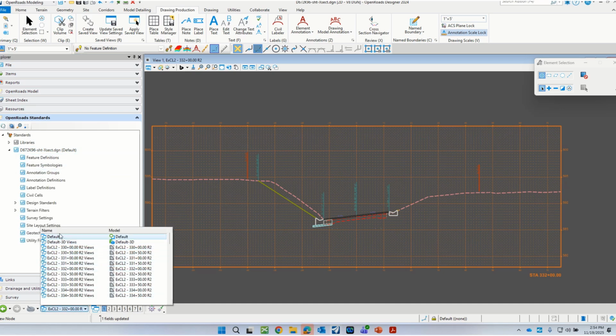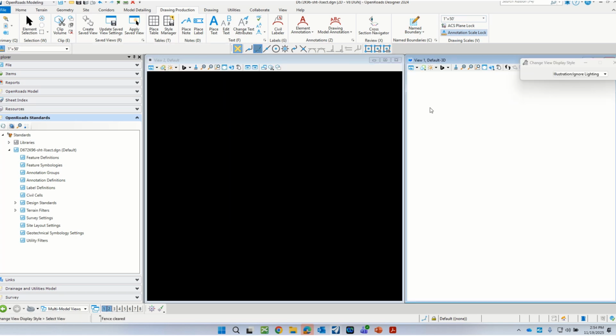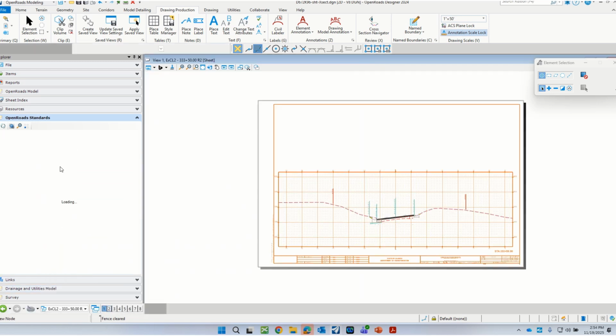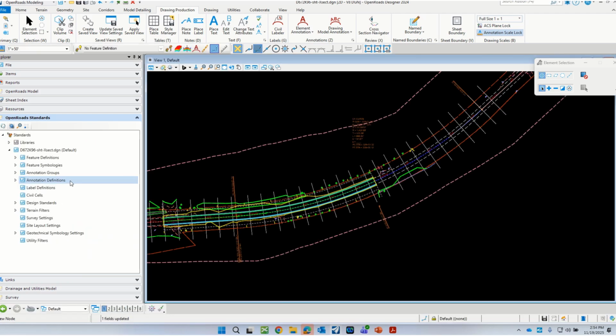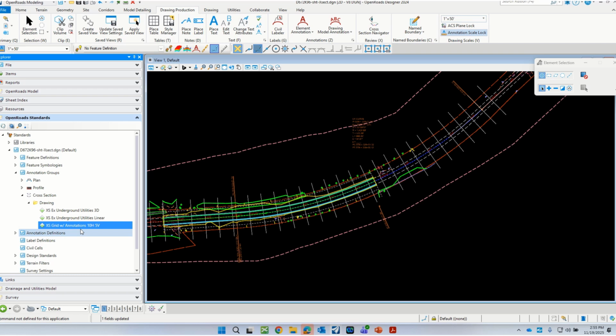Let me go back up so that I'm in the 3D view. Let's see. There it is. Yeah, I guess I need to be sitting in the default model, it appears. And so I could expand out this OpenRoads standards. And so if I go to annotation groups, cross sections, drawing, I see that annotation group that was burned into